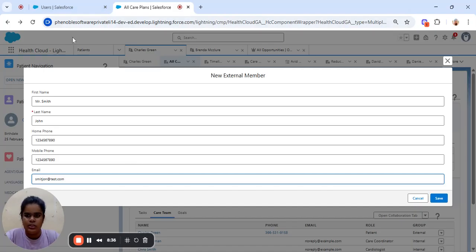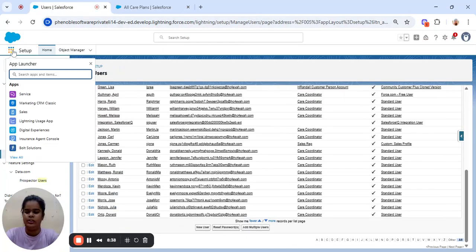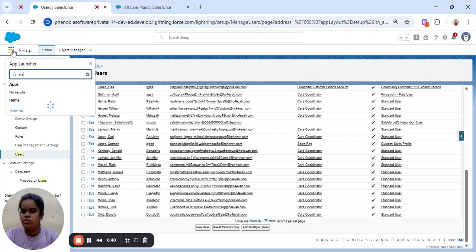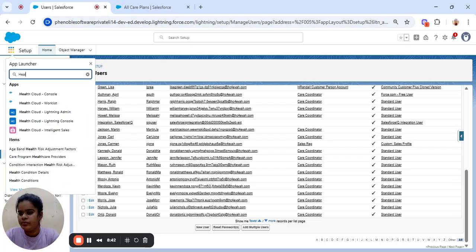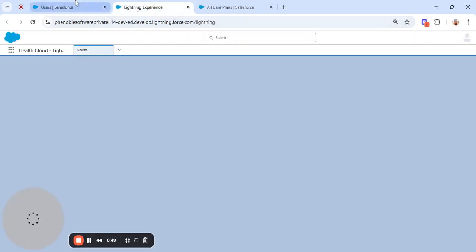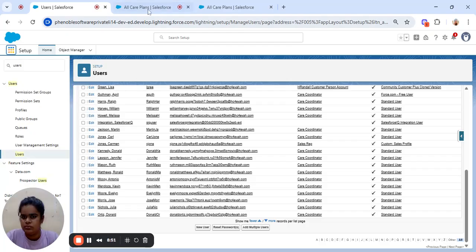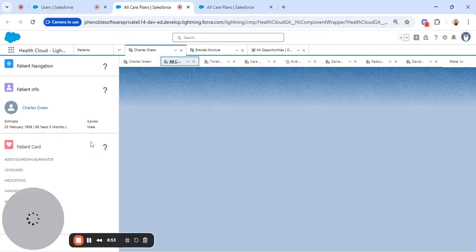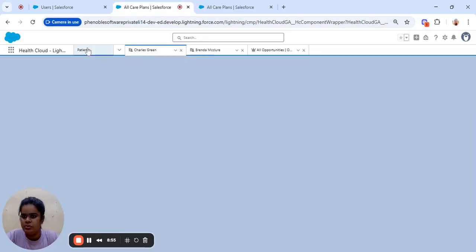Let me just open the patient's record first, so we can ensure. Health Cloud Lightning console. Okay, so go to the patients.